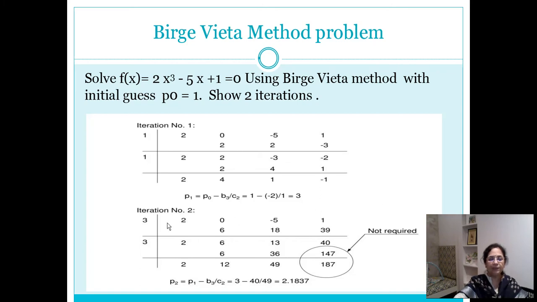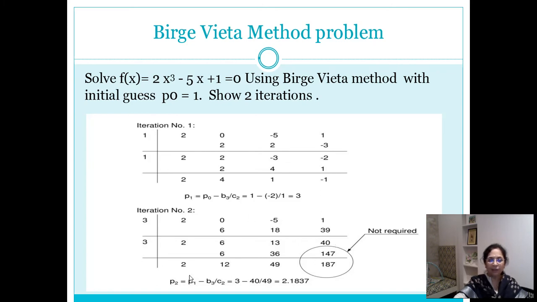New value of P is considered as 3, and we are repeating the calculation. Now you can check, 2 written as it is, 3 into 2 is 6, 6 into 3 is 18, added with minus 5 becomes 13, 13 3s are 39, and this value becomes 40. Now we can see that Bn value earlier was minus 2, now it is plus 40, so it is increasing. So it is surely not near 3. It is near 1, which is the indication of nearness of the root.